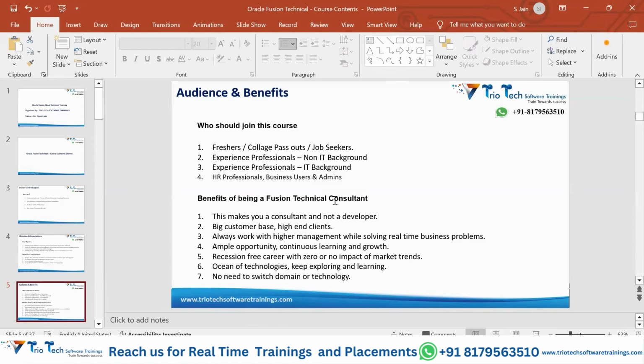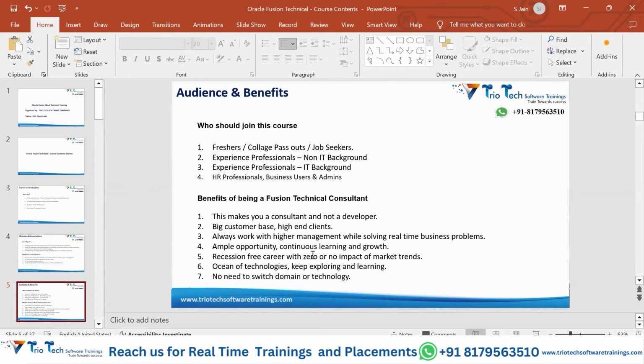At any instance of time, more than 5,000 jobs are always posted, and all those jobs have been posted for multinational companies, very big clients. The advantage of being a Fusion technical consultant is that you are not just a mighty developer. There is a very important difference to understand: this course is not making you